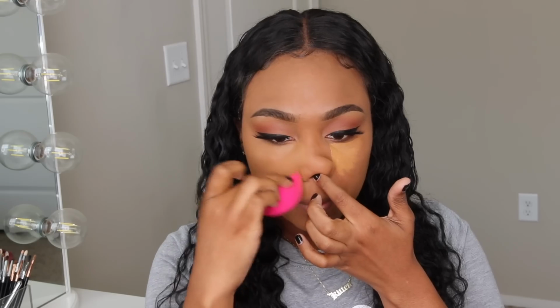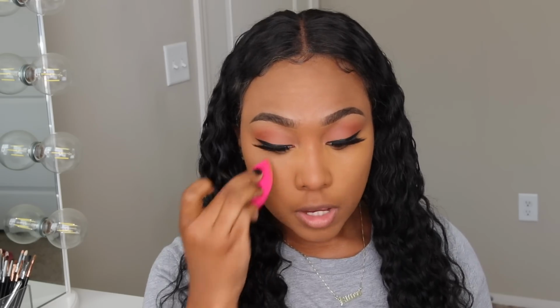Maybe someday NYX will add me to their PR list. The people who receive this foundation in PR are so lucky, because considering how many shades there were and all the undertones being different, I just feel like it's not difficult, but it can be a little challenging to pinpoint your exact shade. And I know a lot of you guys were waiting for me to do this video so you could figure out what shade you are, and I am so sorry that I can't even figure out my own shade. I will say